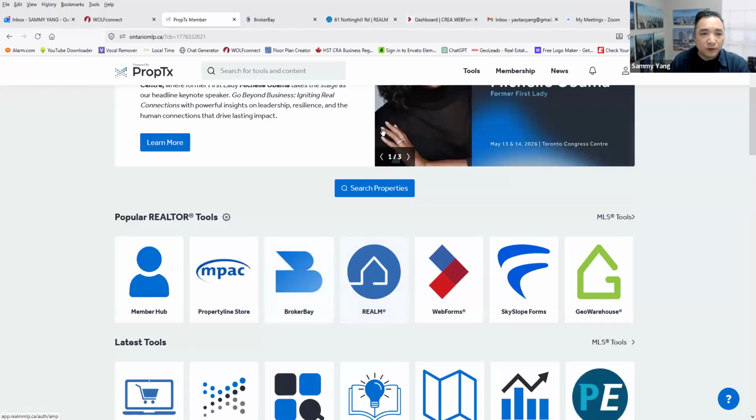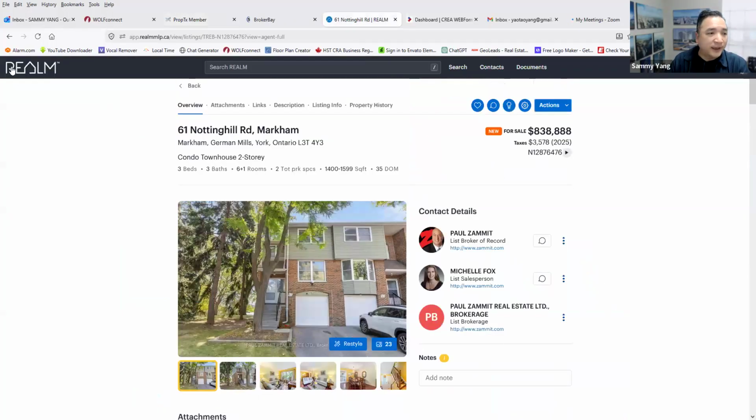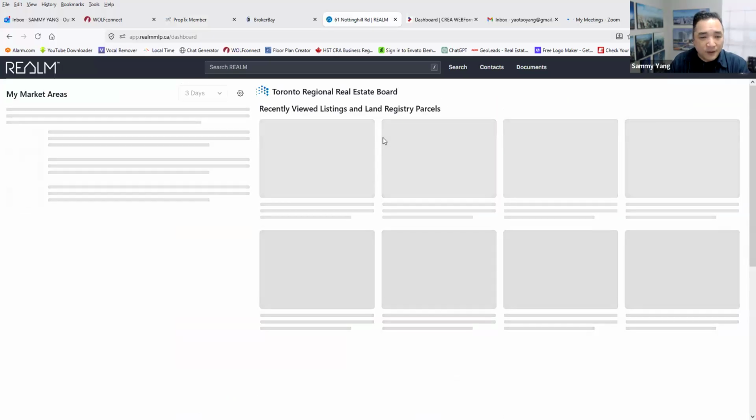Okay, so let's go to RUM. You can click. This is RUM, and they have lots of features. So next